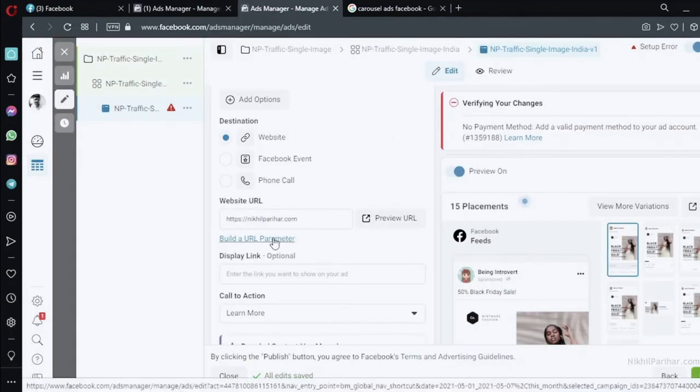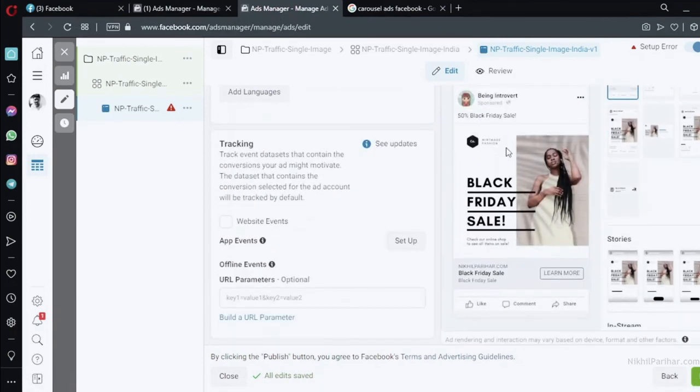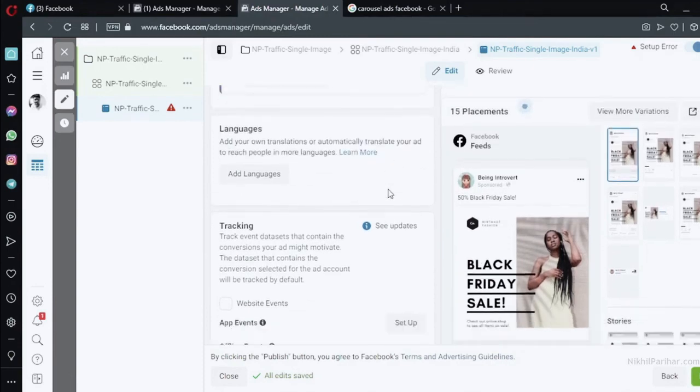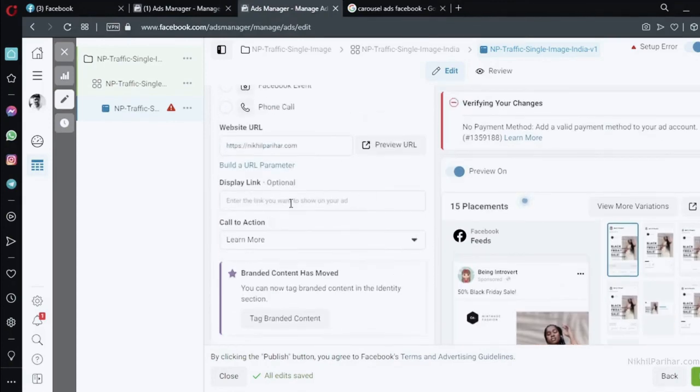This is for us to understand later from which ad the user has come. But I don't think you need it right now if you're just starting out. So you can just put your website name here. You don't need to go ahead with this option. So I think the ad is looking pretty fine here. That's what you can see. And yeah, that's almost it. There's nothing else. Display link is also there. Display link is nothing but this is for display purpose. I'll just put my domain name.